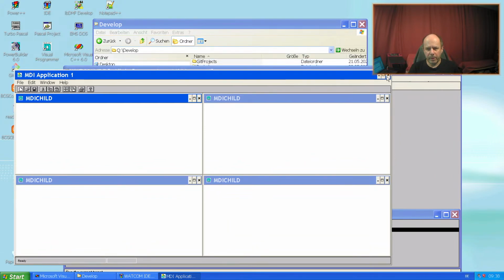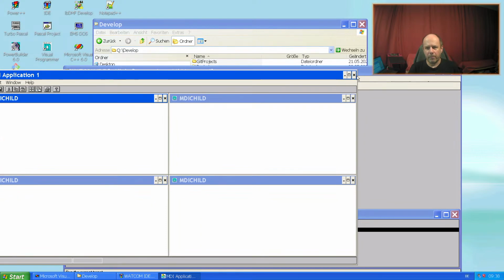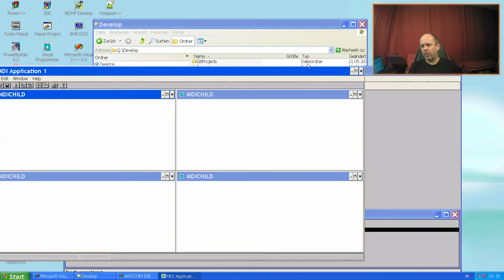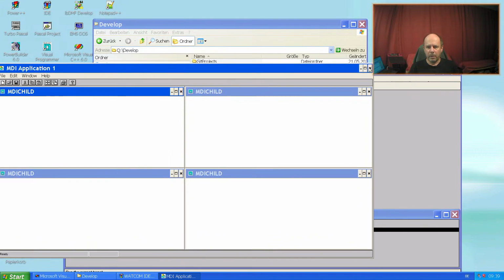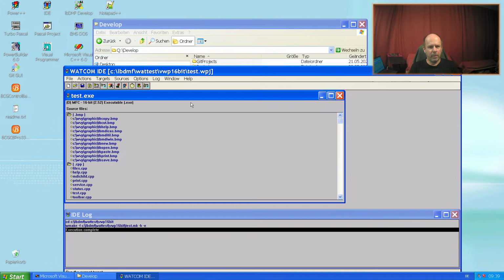And this application is also showing some different buttons. This is not a Windows XP button like here. And I can only run 16-bit applications on Windows XP. To be able to port some old 16-bit code if I want, I need such a machine. And therefore the setup is also suitable to port some old code. And I have also done my project porting to 32-bit, and I was able to move the code.